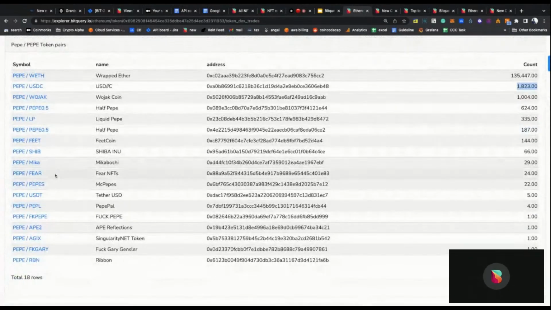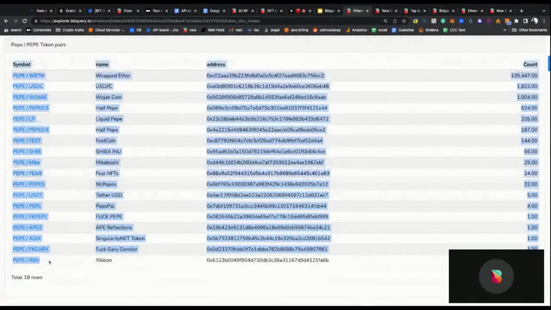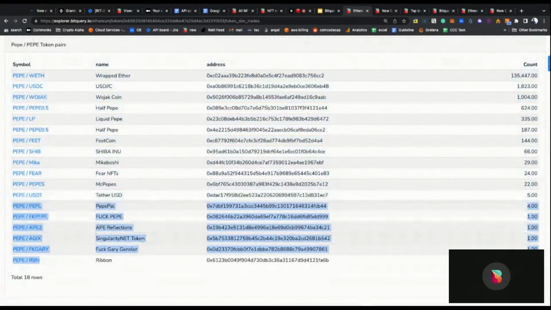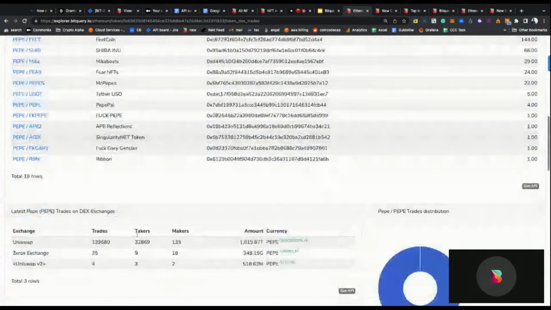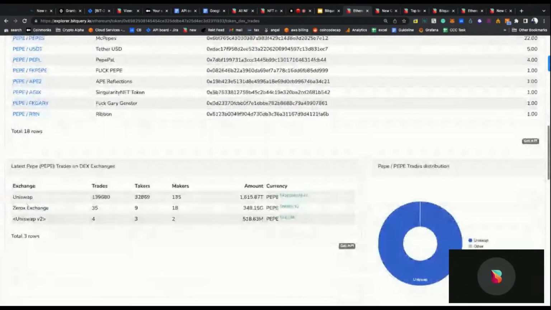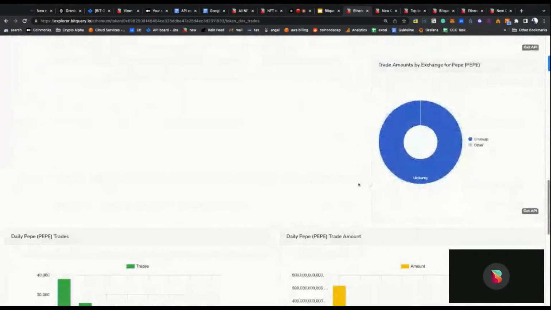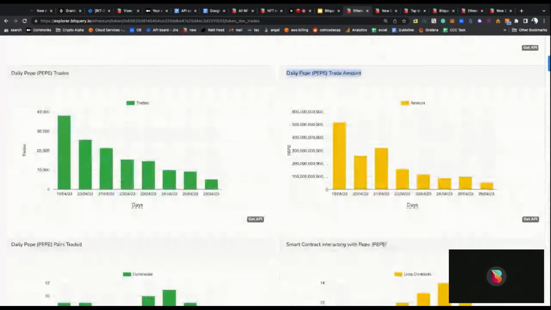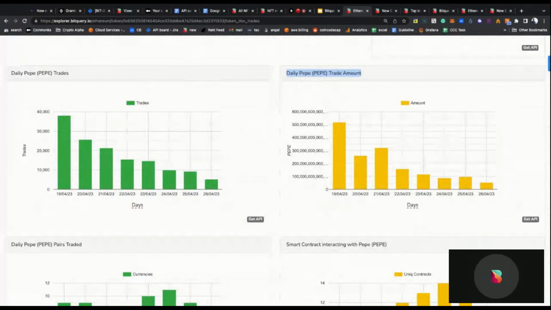You can see there are pairs where only one trade is against peep. Maybe you look into what's happening, which exchange it's getting traded on. We also show all this data. You see it's mostly traded on Uniswap. You see trade amount, like aggregated trade amount, so you can get any type of aggregated data. If you are looking for aggregated data, for example, trade amount, volume, price, or any type of aggregated data, you can use our APIs. It's pretty straightforward.